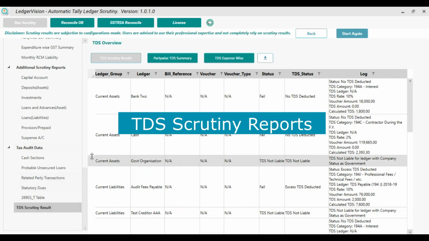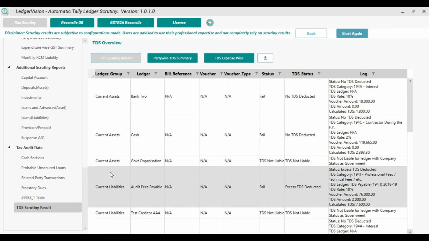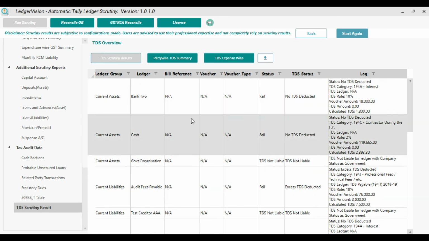The last important set of reports is the TDS scrutiny report. This is the scrutiny of TDS, and there are 10 instances from where TDS is captured. One is amount paid or payable to creditor, then advance paid to creditor. We have seen in many cases debtors are treated as creditors also. So only one ledger is opened which is kept under debtors, and it is treated as debtor as well as creditor. So if any amount is paid to a debtor and there is TDS applicability, Ledger Vision captures that instance also. Then direct cash payment, direct bank or OD payments are there.